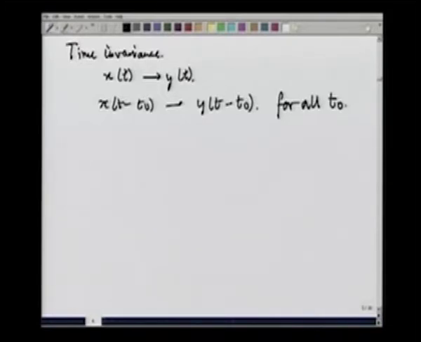So, the entire set of rows in the virtual lookup table containing signals x(t minus t naught), for minus infinity less than t naught less than infinity, will correspondingly map, because of time invariance, to